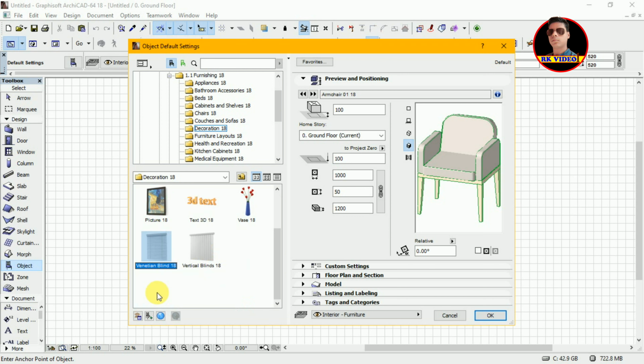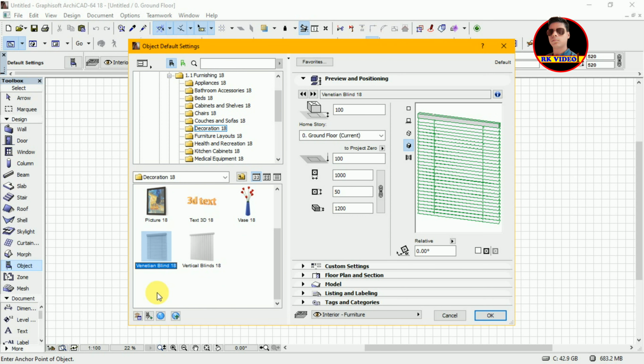Here it is, window curtain. The name is something different, but it is used like a window curtain